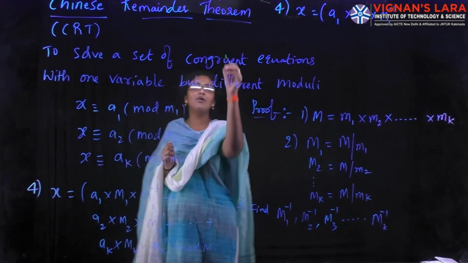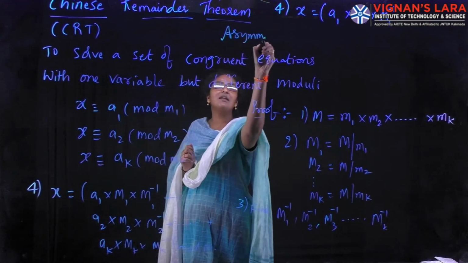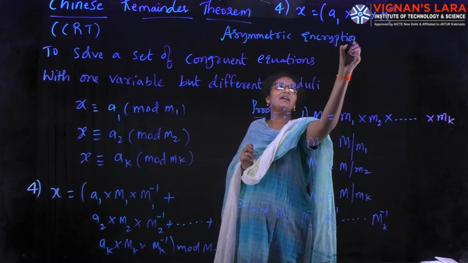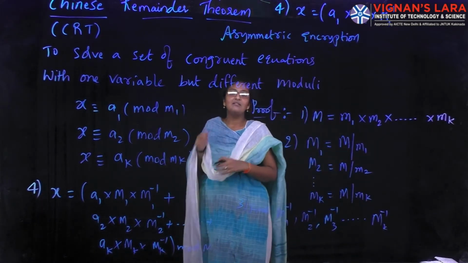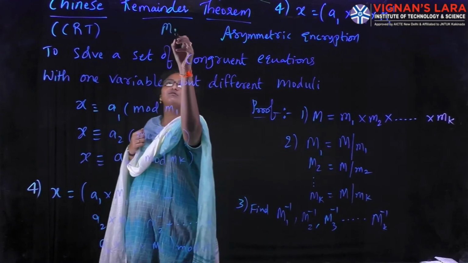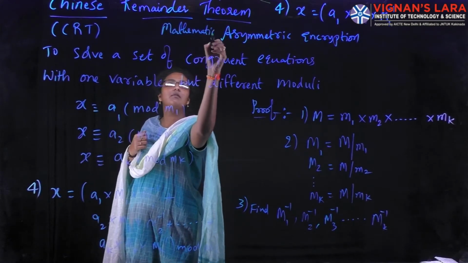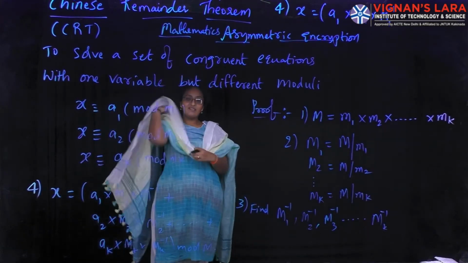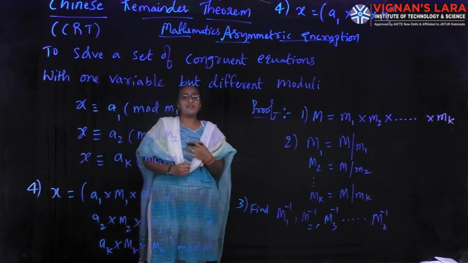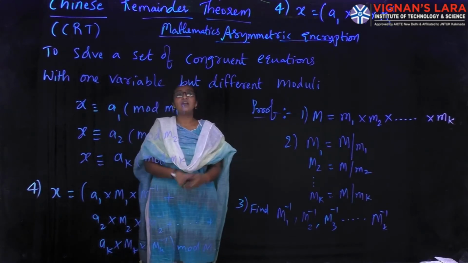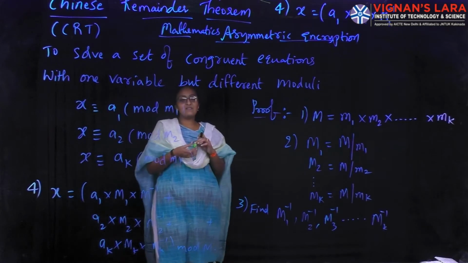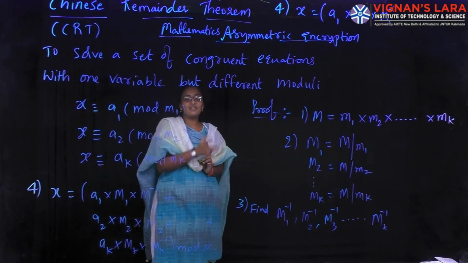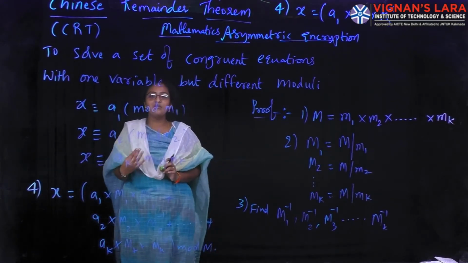Now in today's class we are going to discuss asymmetric encryption. So what actually is asymmetric encryption? Using two different keys. Then what I wanted to tell is the mathematics of asymmetric encryption. We have to discuss it because we know what security is, why we should provide security, and how we can provide security. We also know that we have security threats, attacks, services, mechanisms. Then, to give the solution for all these things, we have decided to use some algorithms.